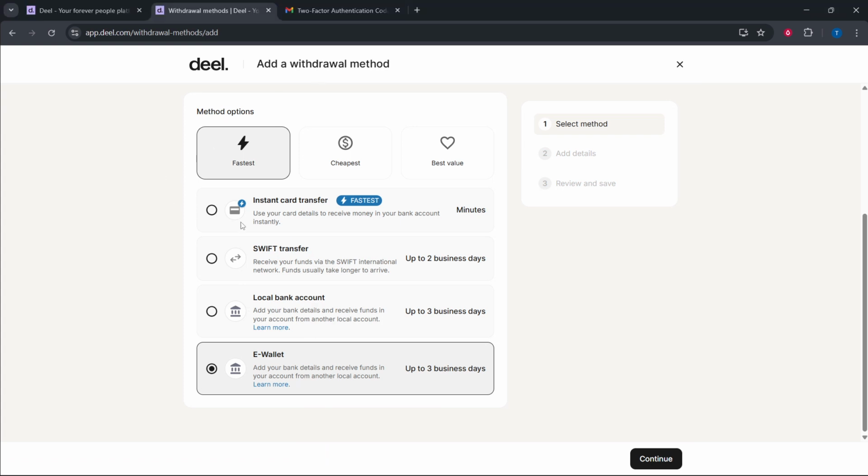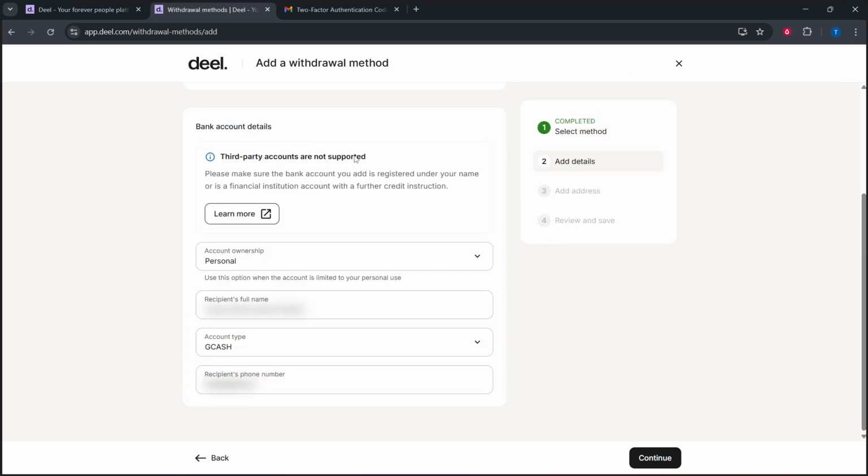Deel supports a variety of payout options, and the right choice depends on your location, currency preferences, and how quickly you need the funds. You can choose standard bank transfers if you want money sent to your bank account, or options like Deel Instant Card Transfer for faster access to eligible cards. There's also the Deel Card, as well as popular services like PayPal, Payoneer, Revolut, and Wise. If you prefer digital currencies, you may see Coinbase or other supported digital currency options. Availability, fees, and processing times can vary by region and by method, so take a moment to compare what's offered